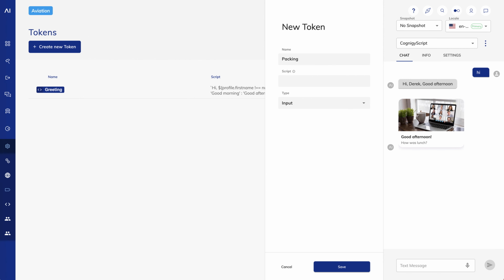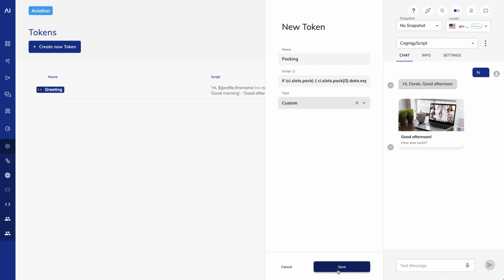For my token, I'll enter the following as my script. I'm just checking to see if there's a slot match, and if so, outputting the explanation. If not, I'll output the missing slot message. I'll save it as a custom type. And I'll save.